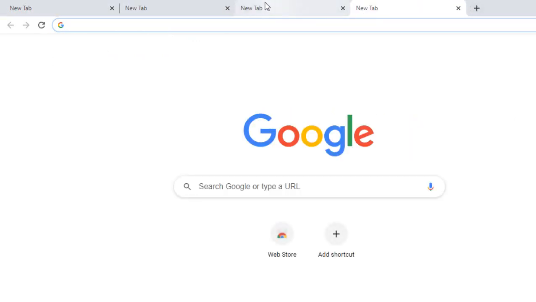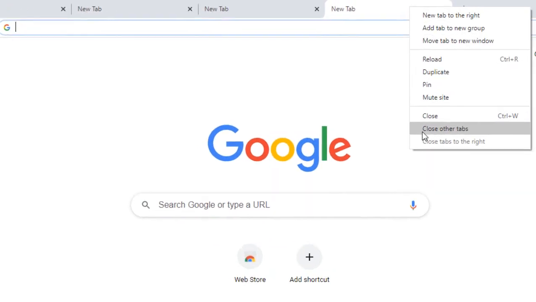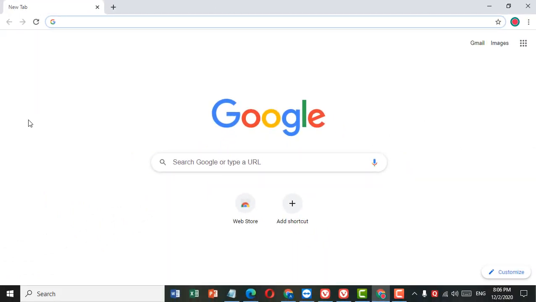If you want to close all other tabs, right-click, and after that click on Close other tabs. That is it. So guys, this is a very simple and easy method if you want to close all other tabs in